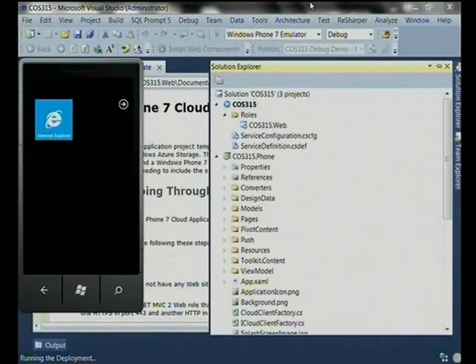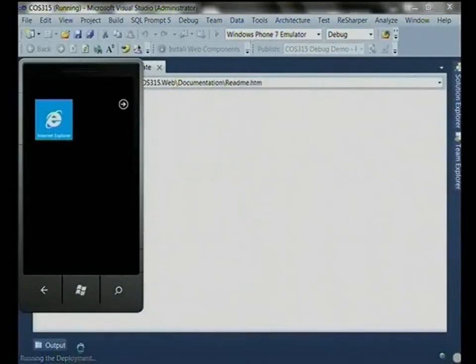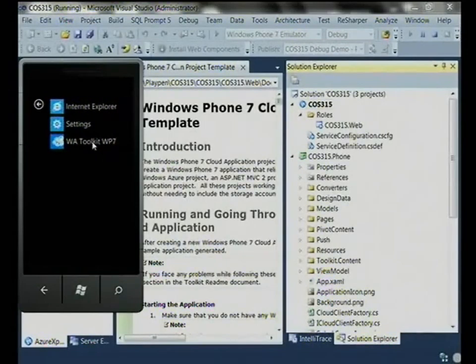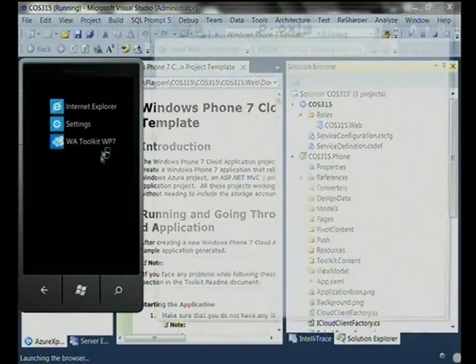And we'll wait for the web application to start up as well, which is happening soon. I can go in here and start running the app. That's the WAZ Toolkit WP7 app.